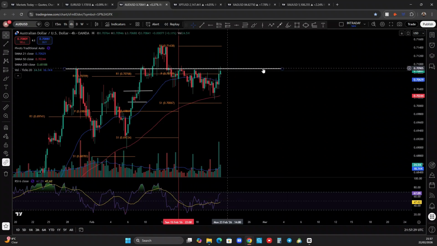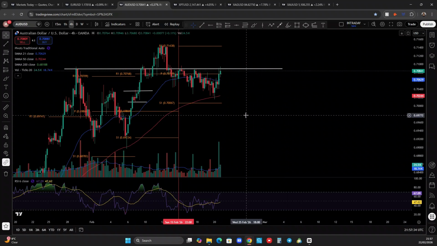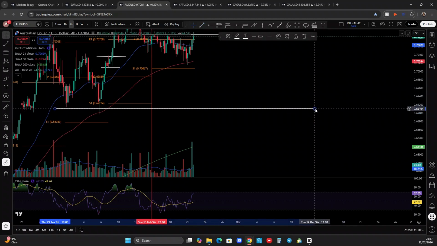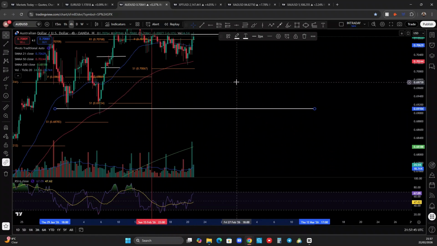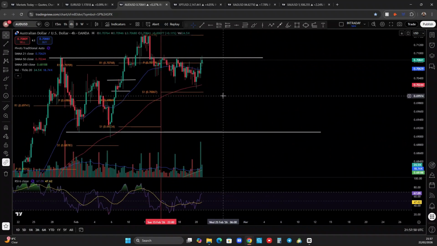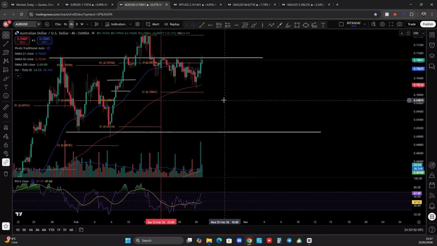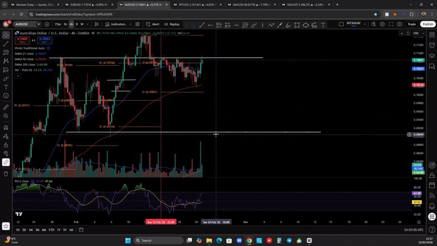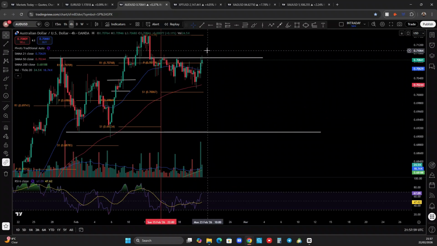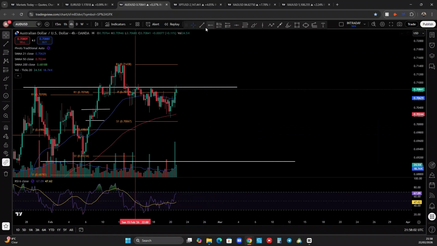So this tells me that this level right here is very significant for some reason, and I would imagine that we are looking for the market to return back to this level here. Now this is the 4-hour time frame, so we might not see anything this week coming up, but you never know, because we do have the completed